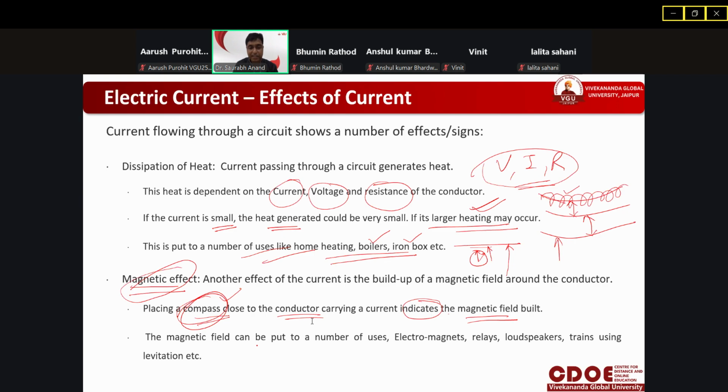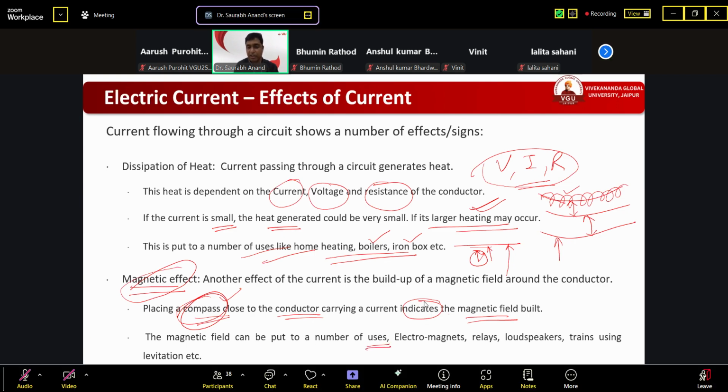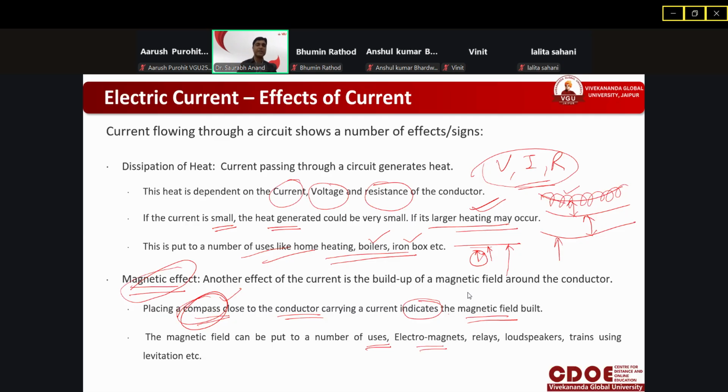This magnetic field can be put to a number of uses. It is also used where there is electromagnets. If we want to generate the magnets, right, we have to apply the current to the material, like iron. It can be used in relays. It can be used in loudspeakers. Loudspeaker means there's a magnet